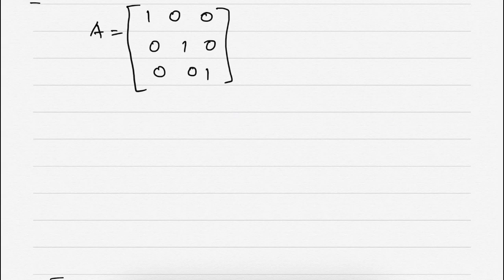It is a diagonal matrix because all the elements of this matrix are 0 except the diagonal. What else? It is a scalar matrix. What else? All elements in the diagonal are equal. A diagonal matrix, a square matrix in which all diagonal elements are 1 and all other elements are 0, is called an identity matrix. So this is an identity matrix of order 3 by 3.